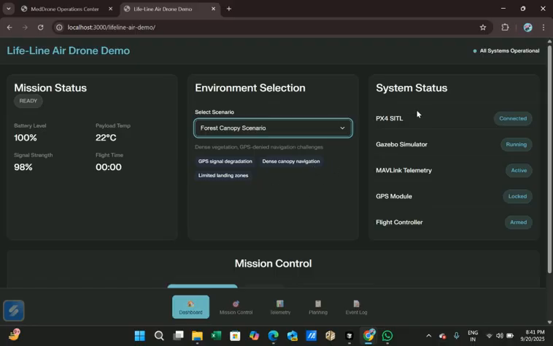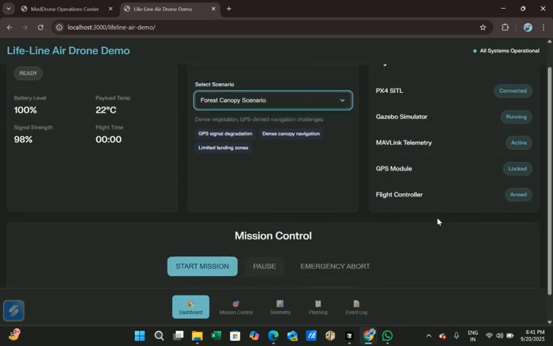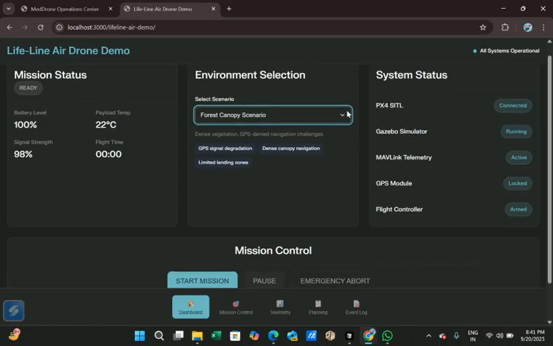And in the system status, based on the scenario, it will checklist everything such as PX4 SITL, simulator, link telemetry, GPS module, flight controller. And if we change the scenario, because medical supplies can be delivered in any place, the battlefield is not only limited to the forest area, it can happen in desert